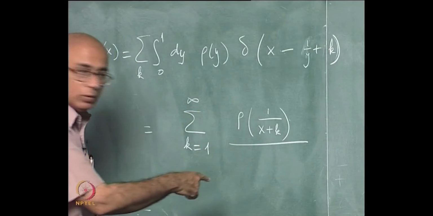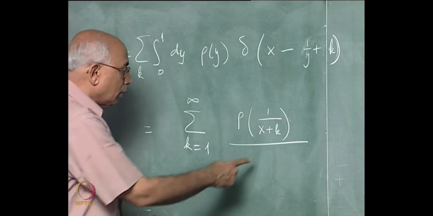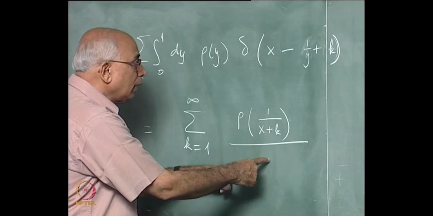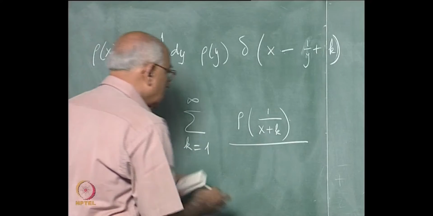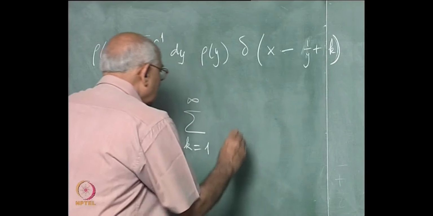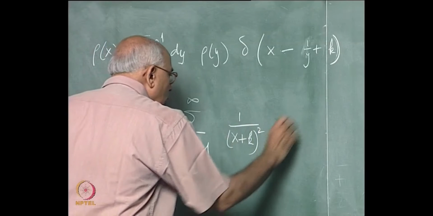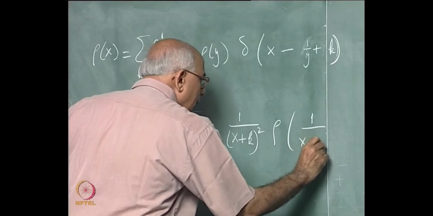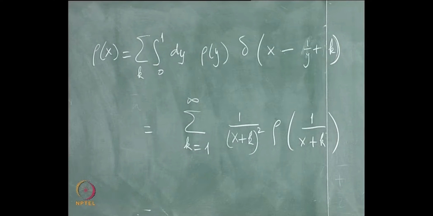So what would it give you? 1 over x plus k the whole squared, because it is divided by 1 over x plus k the whole squared. So this is just x plus k. Let us write it properly: 1 over x plus k the whole squared, rho of 1 over x plus k. Now this does not look like something which you are going to solve very easily,